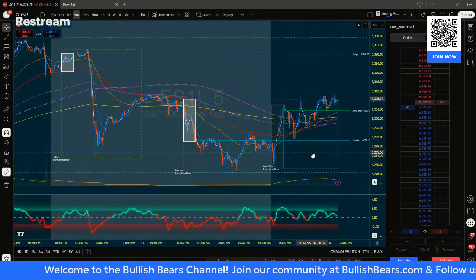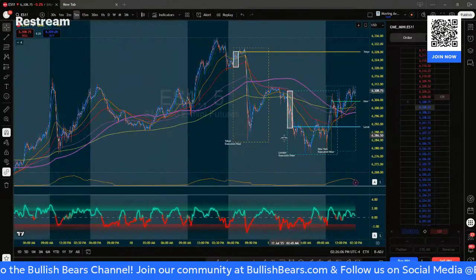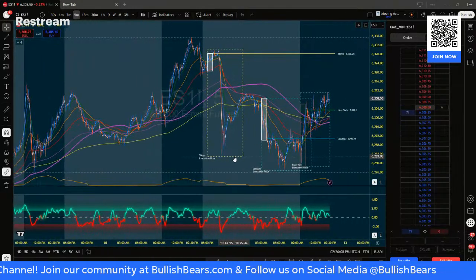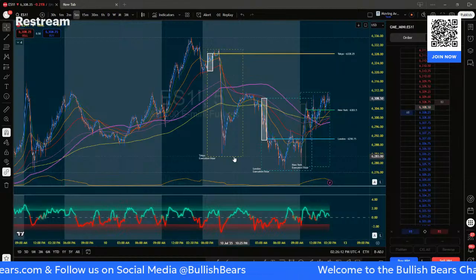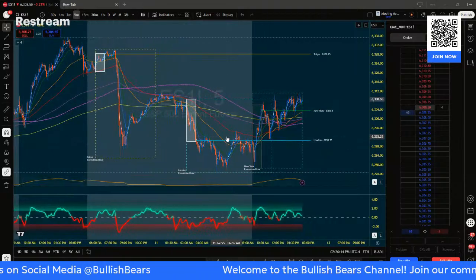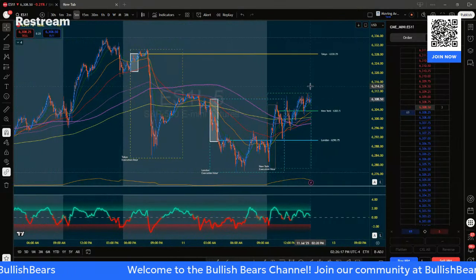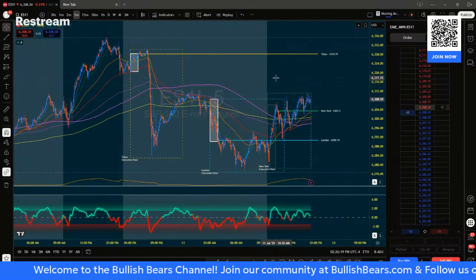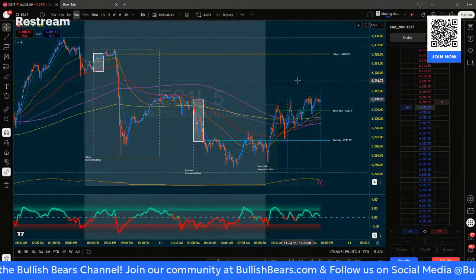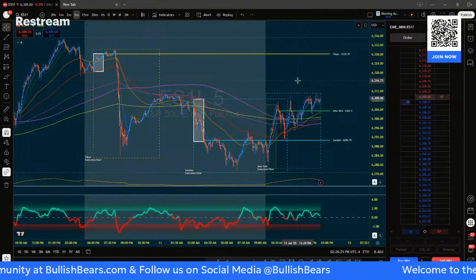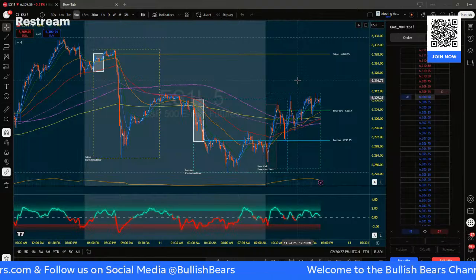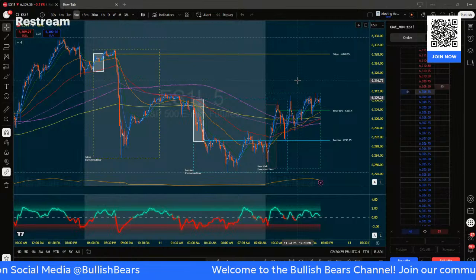So, True Close, guys, I'm telling you, this is a really awesome pivot that people sleep on. They just don't see this one, right? And I gotta say, I don't mark it every day. I usually keep track of it. I'll have it in my notes somewhere. But a lot of times it just doesn't come into play, right? We're either well above it and nowhere near it, or we're far below it and nowhere near it, and there's just no reason to mention it.